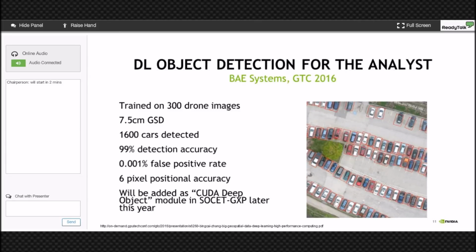The first example I wanted to highlight came from Bingkai Zhang at BAE Systems, who at GTC showed similarly near human levels of accuracy on the task of vehicle detection in high-resolution drone imagery. He used hundreds of drone images to